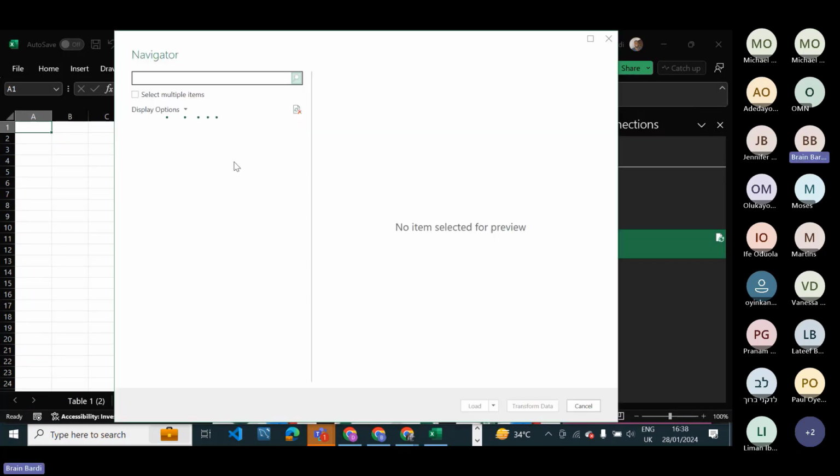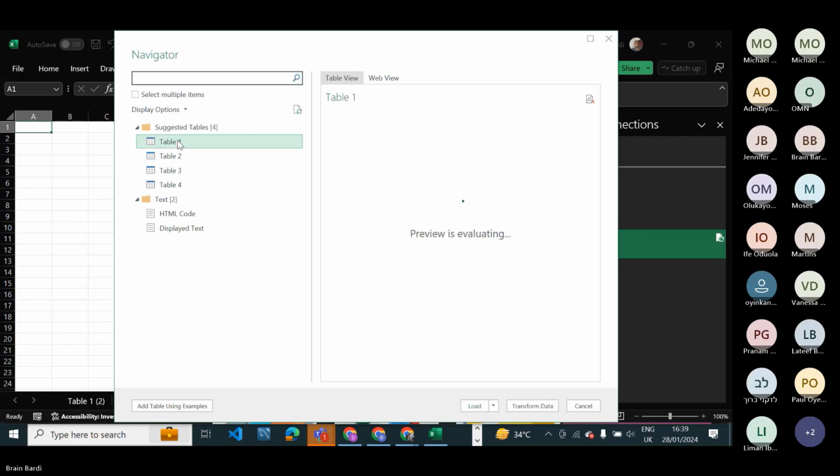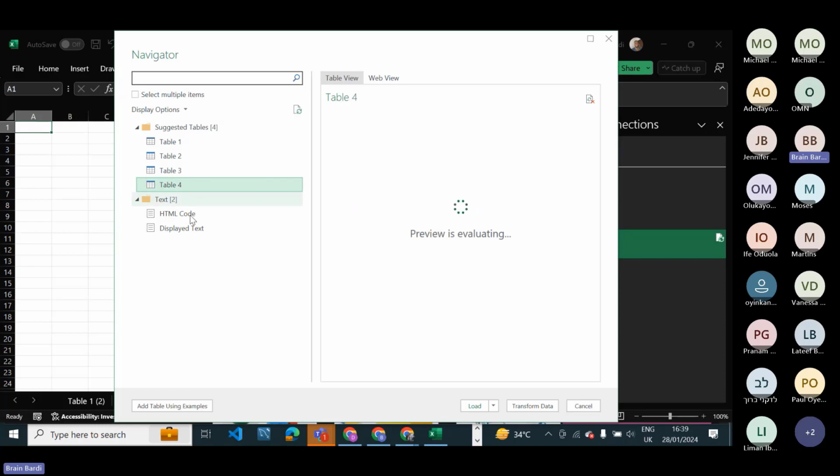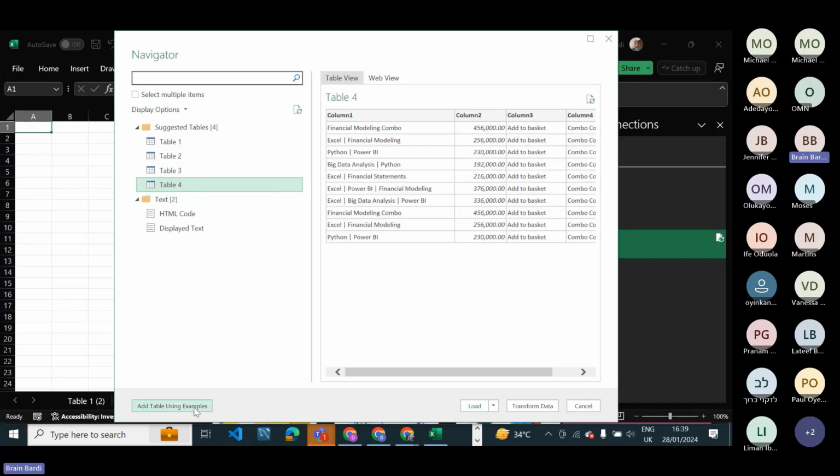When you do that, the navigator is going to suggest some tables for you, from what it feels are supposed to be tables. But if it's not what you want, because none of these was what we wanted after going through all of them, we actually had to go to add table using examples. That was how we were able to create that particular table we used. I hope that answers that question.